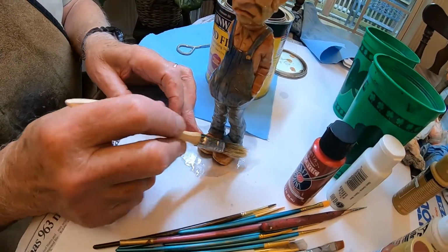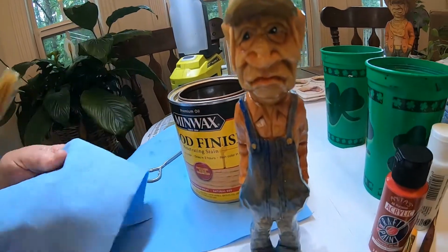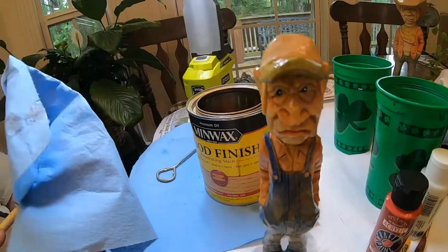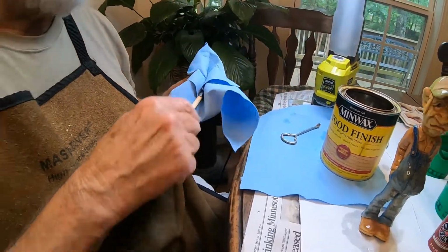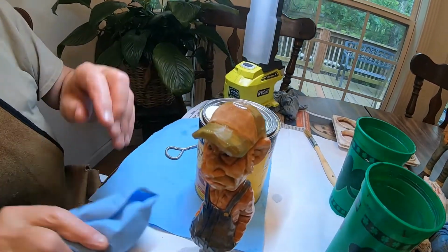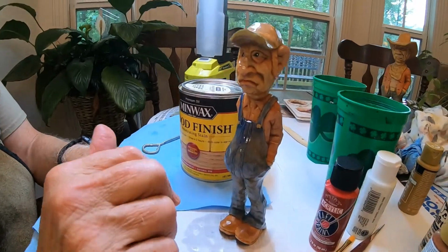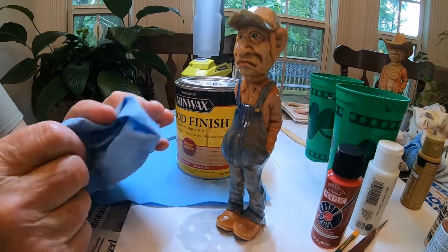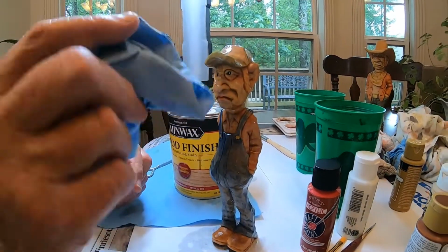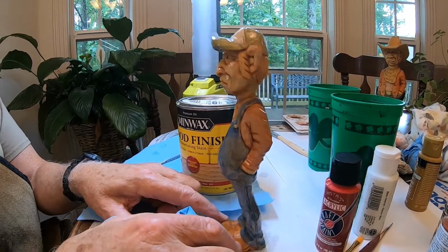But now take a look at that, Peyton. And I usually use these shop towels right here. They really absorb a lot. And now on this, I'll let that coat dry for about 10 minutes, or 15, and then if there's any excess on it, I'll go in and dab it off with my towel. And then I do the same